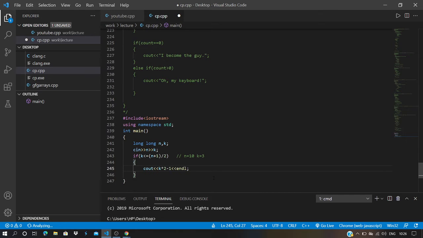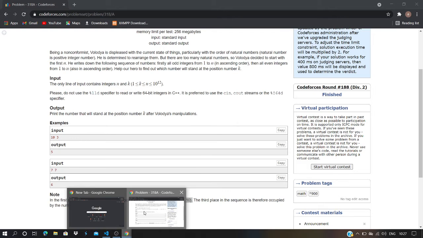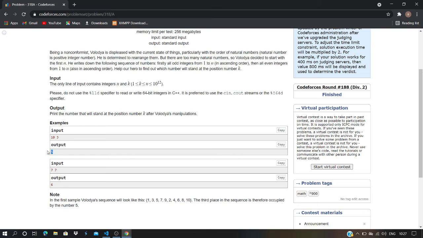If in this case the condition is true, n is 10, k is 3. So if you evaluate this, k is 3 here, k into 2 is 6, that is 3 into 2 is 6 minus 1 is 5, and what is the answer in the question? 5. Yeah, so you're getting 5. So that is how you can do.